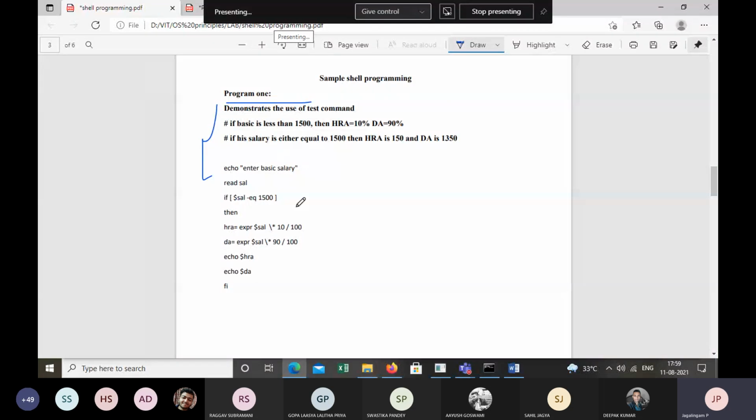So program one is to demonstrate the use of the test command. The idea here is if the basic salary is less than 1,500, then HRA is 10% and DA is 90%.